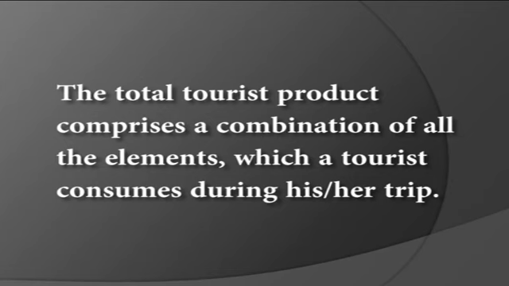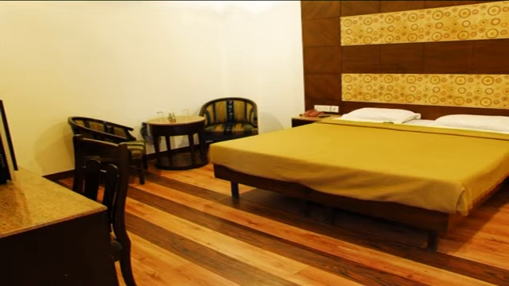According to Dimitris, tourist products can be determined in 2 different ways. The total tourist product comprises a combination of all the elements which a tourist consumes during his or her trip. The specific products are components of the total tourist product and can be sold as individual offerings such as accommodation,